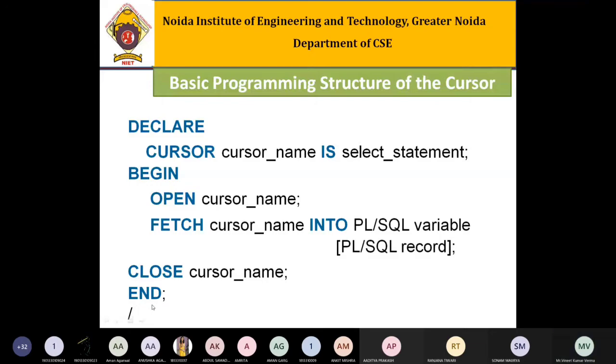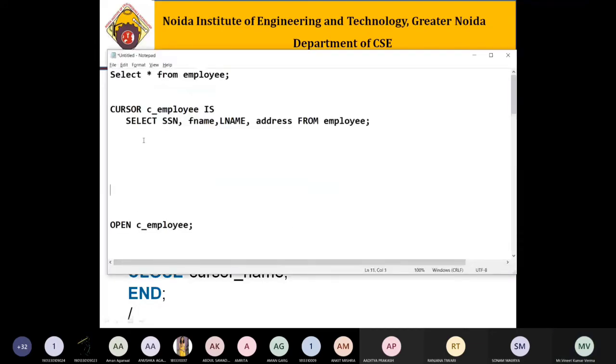See here. I have created one cursor, that is employee cursor, right? So here the name of the cursor is employee cursor. And this employee cursor basically points to the SQL statement, and here we are writing the SQL statement: SSN, first name, last name, address from employee. That means what is the data we want to extract here?